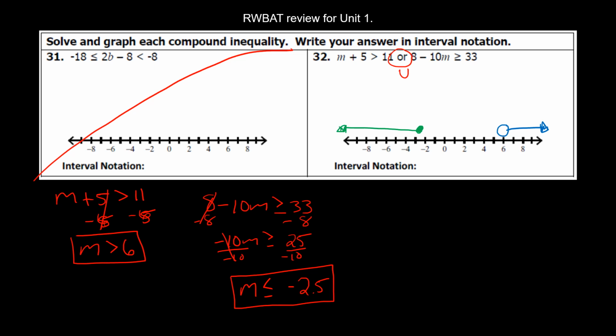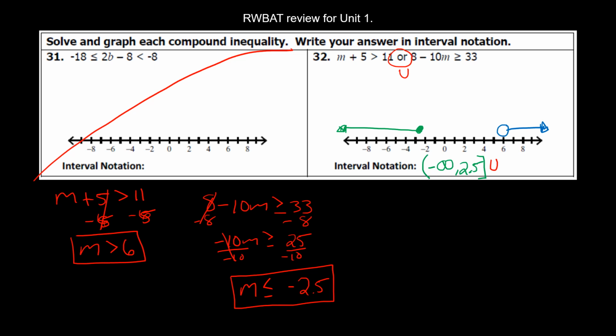Okay. So now let's talk about the actual notation. So we're going to read this from left to right. So from the left, we're coming in from negative infinity, and we're stopping at negative 2.5. So remember, we need parentheses for all infinities and negative infinities, and we use brackets for any closed points. Or